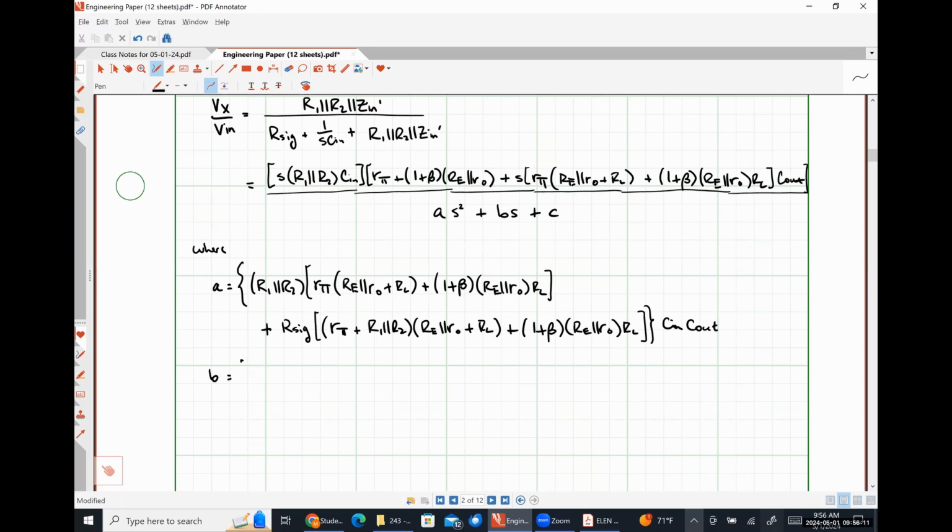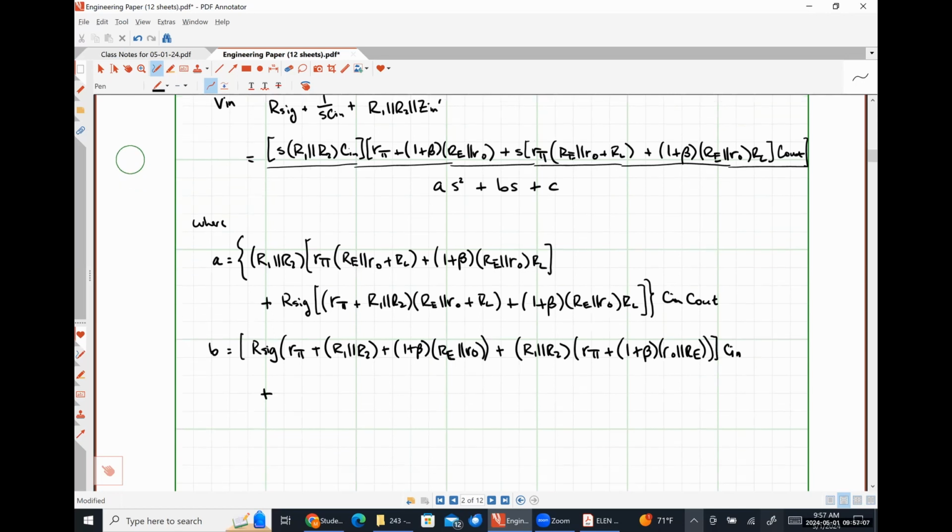B is going to be R sig times R pi plus R1 in parallel with R2 plus 1 plus beta RE in parallel with R naught, plus R1 in parallel with R2, R pi plus 1 plus beta R naught in parallel with RE, all of that times Cn,